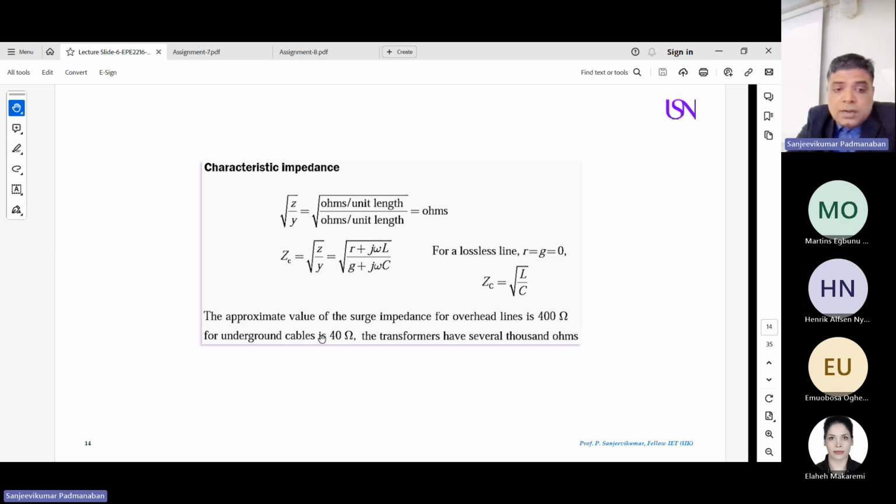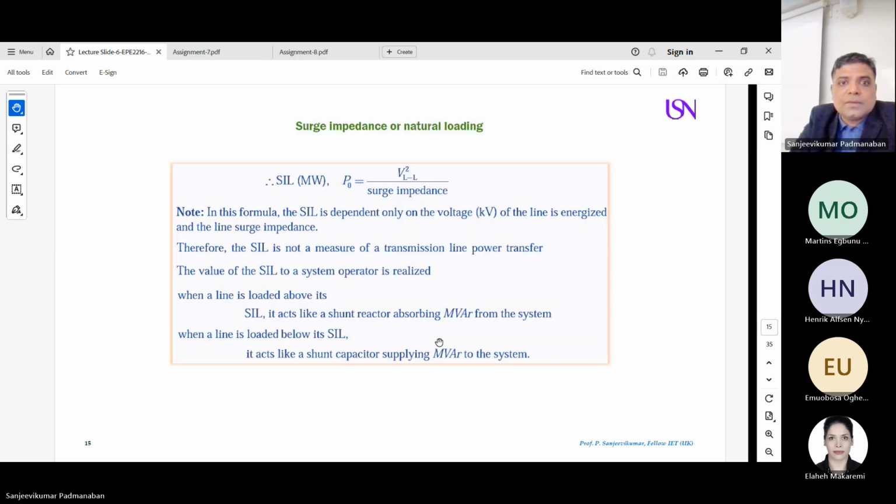For underground cables, the surge impedance is around 40 ohms, and for transformers it is several thousand. So the surge impedance of your overhead transmission line is 400 ohms, underground cables 40 ohms, and for a transformer several thousand ohms. Now, why do we talk about surge impedance? Surge impedance plays a very key role, because if the surge impedance of your load is very high,